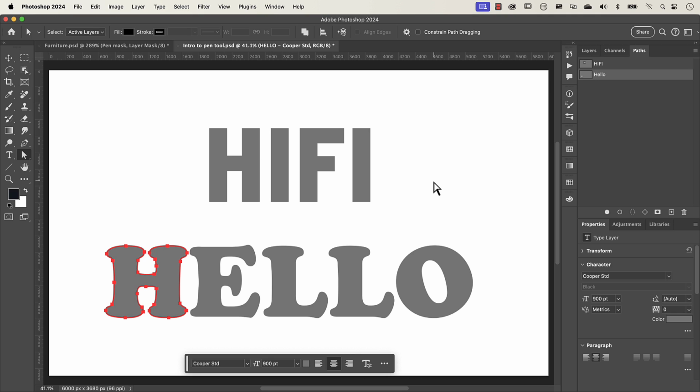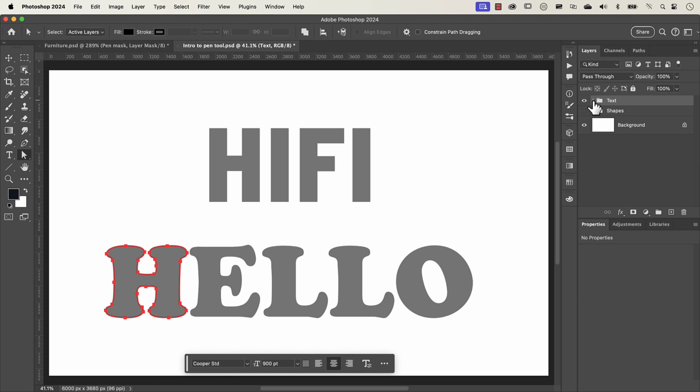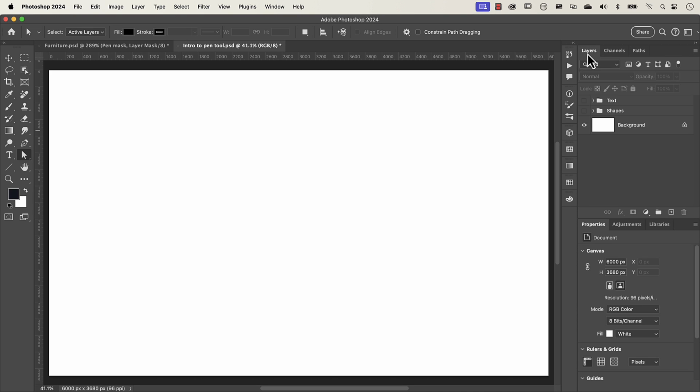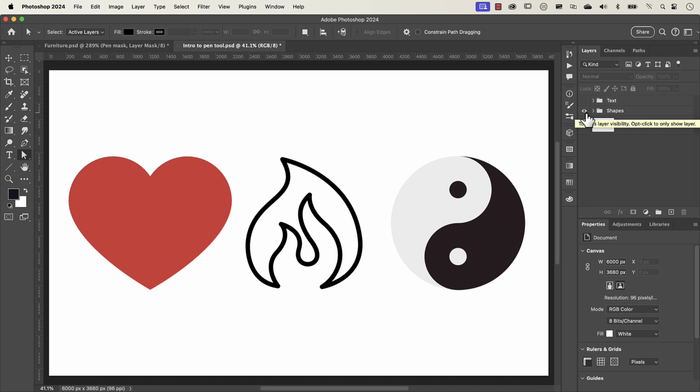Now if you want to build up your skills a little bit more, what I suggest is going through some icons, not going straight into actual pictures. So I've downloaded some icons here. The links are in the description, and what you want to do is just practice your skills here. Now I'm not going to go through this, but what I want to give you is some tips to do